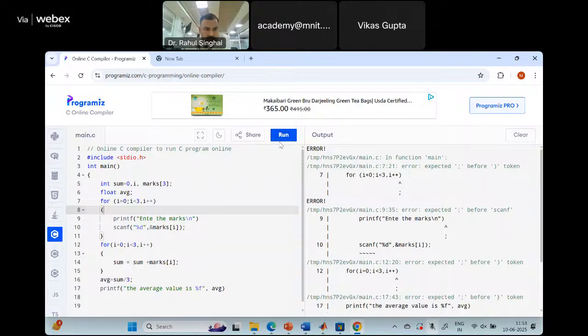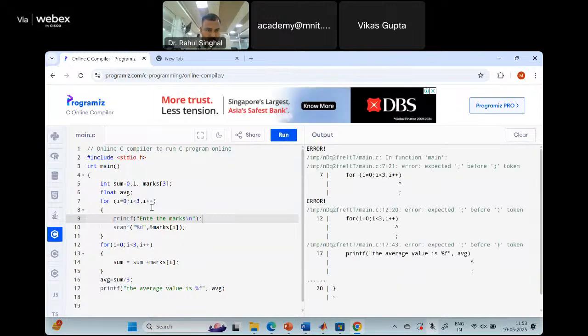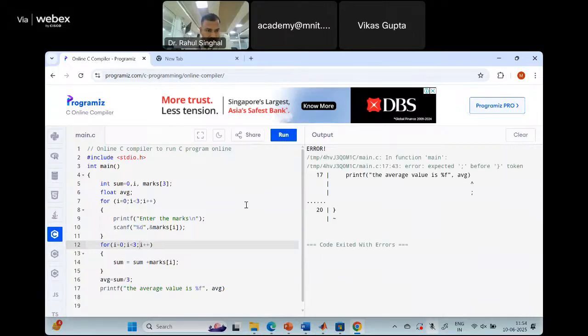It's giving an error in line number 7. Line number 7, what is the error? For i is equal to 0, i less than 3, i plus plus. We forgot to put a semicolon. Good. Then again run. There are more errors, enter the marks, print. Okay, this is very good. Now again run this program. Now in line number 12, what is the error? Again here we have not kept the semicolon. Okay, run. And line number 17, printf, we have forgotten the semicolon. Okay,